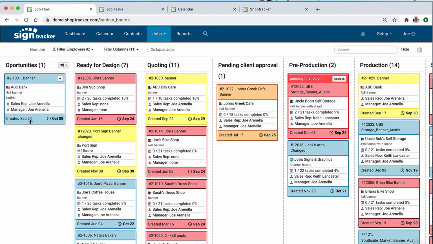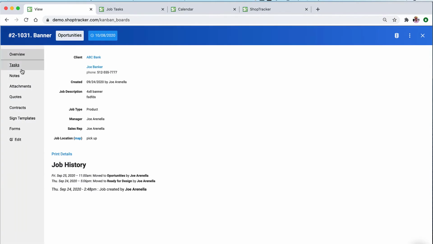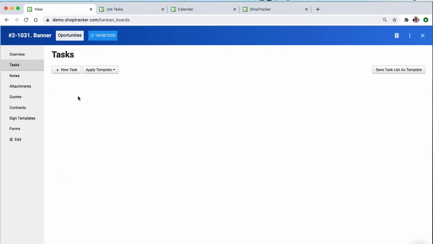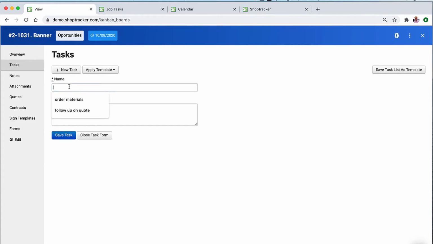So this job is a brand new job. I'm going to go in here, view the job, and we're going to go to tasks. And then this is where you can set up tasks for the job. So I can simply add a couple quick tasks to a job. Let's say I have to order some materials and I have the part number 1, 2, 3 and it's from